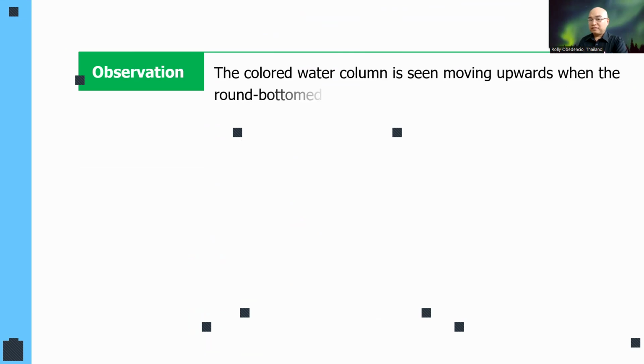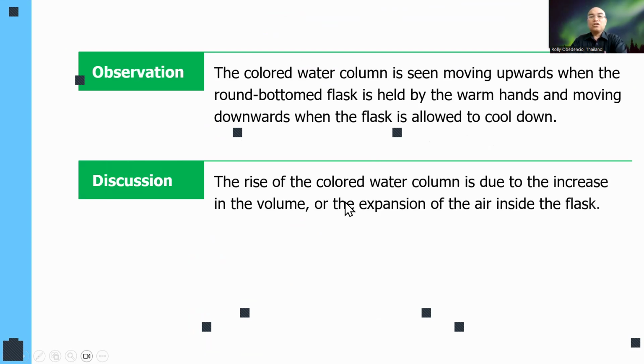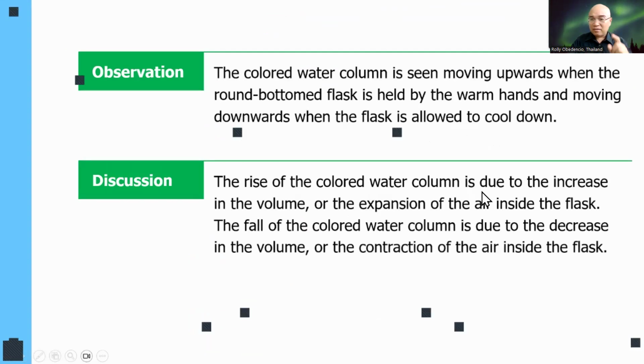Now, the observation is that the colored water column is seen moving upwards when the round bottom flask is held by the warm hands and moving downwards when the flask is allowed to cool down. Discussion. So the rise of the colored water column is due to the increase in the volume or the expansion of the air inside the flask. The fall of the colored water column is due to the decrease in the volume or the contraction of the